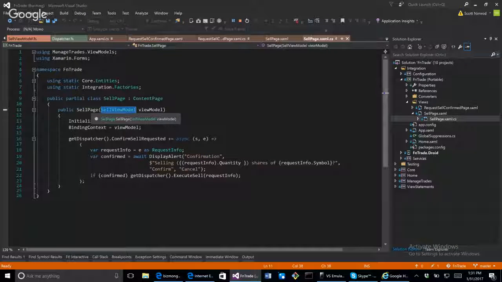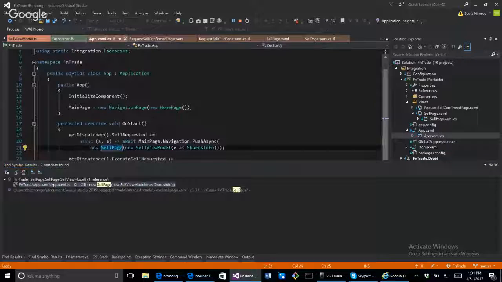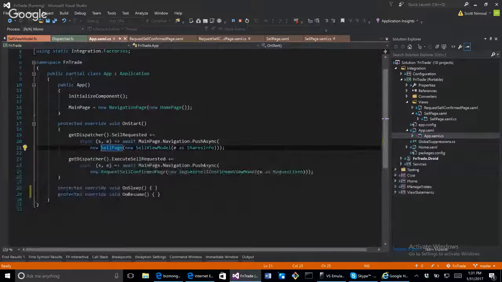And we can see how that cell page gets loaded by navigating to my application logic, hence the app.cs. So we do Shift F12, and that brings us to the reference window. And from here, we can see that